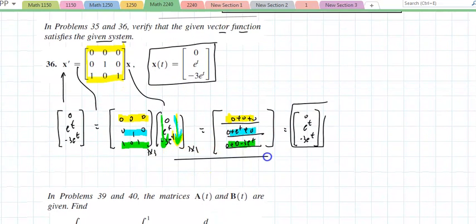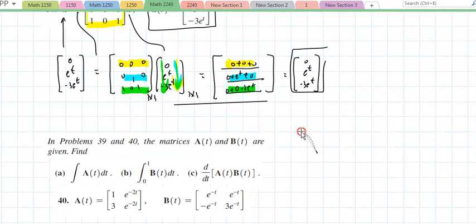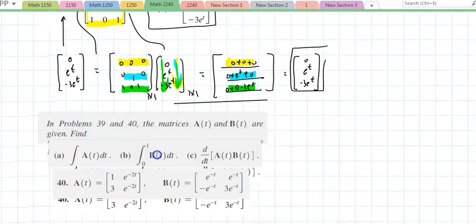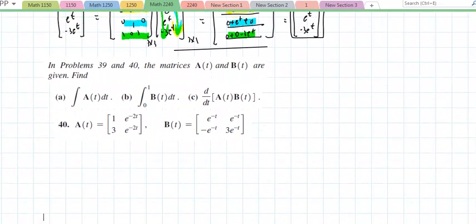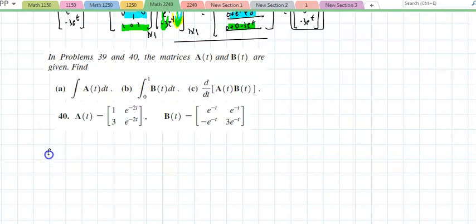So instead of taking derivatives, I could simply find this matrix and multiply by it. And really quick, given matrices A and B, part A, integrate A of t. Well, how do you integrate a matrix? We just integrate each entry